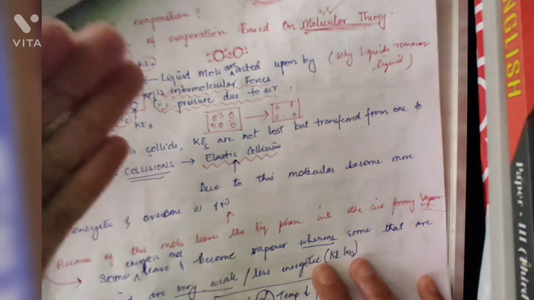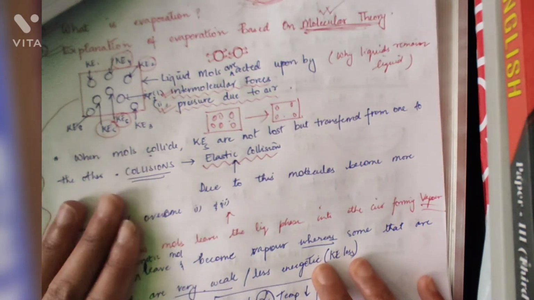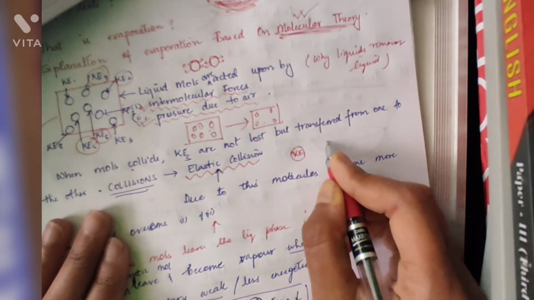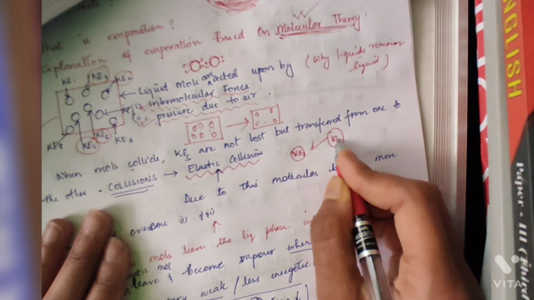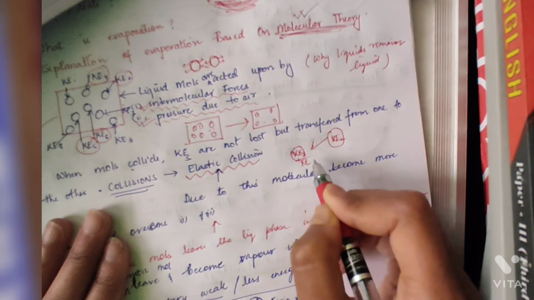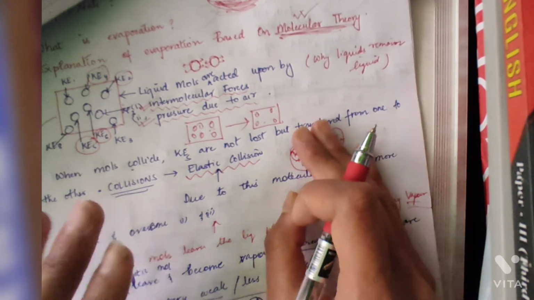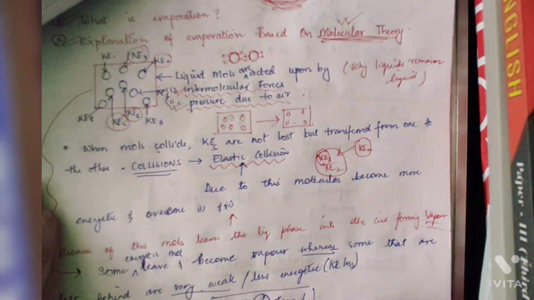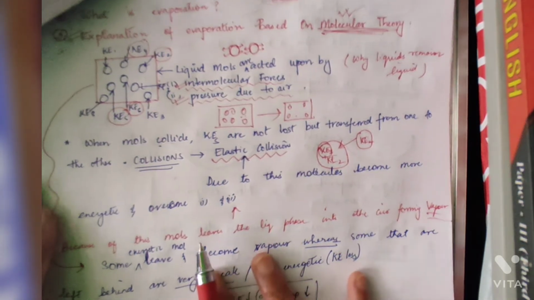Now due to this collision, the molecules become more energetic. All right, so the molecule which simply had kinetic energy 1 is now also getting, after collision with the kinetic energy 2 molecule, another type of kinetic energy, that is kinetic energy 2. Now this molecule has two types of energies. So when a person has two types of energies, what will happen? He will become more energized, right? Simply, this molecule also is more energized than the previous molecule.